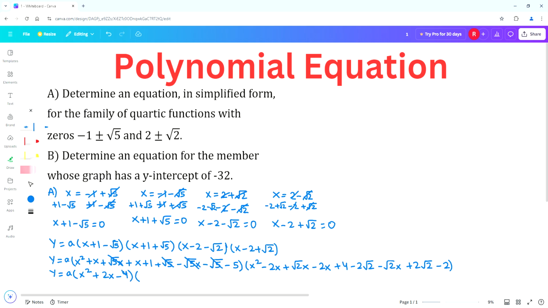Next, we can combine the terms in the other parentheses. Square root of 2x and minus square root of 2x cancel each other out. 2 square root of 2 and negative 2 square root of 2 cancel each other out. So we are left with